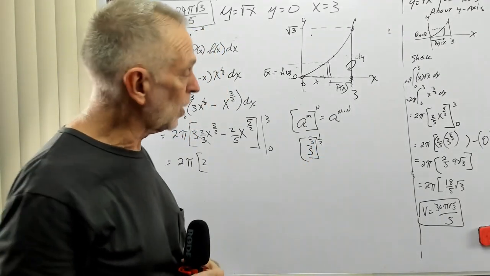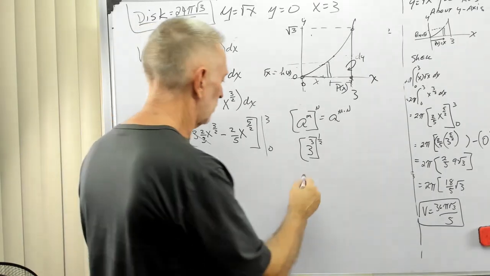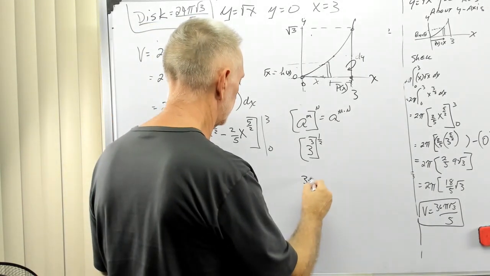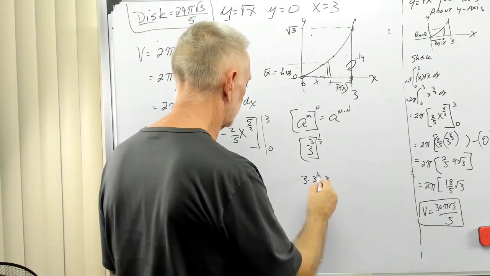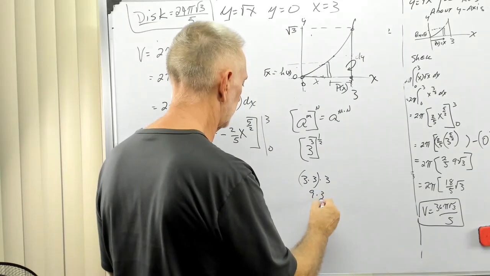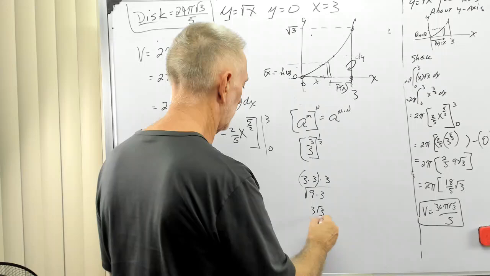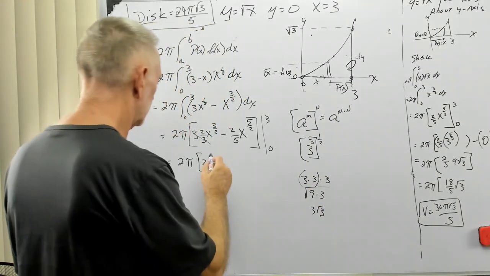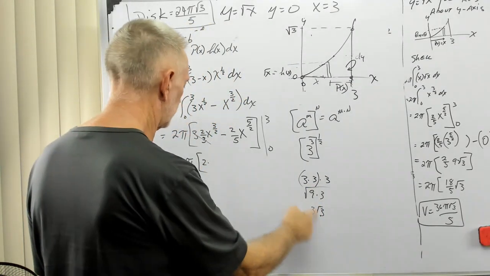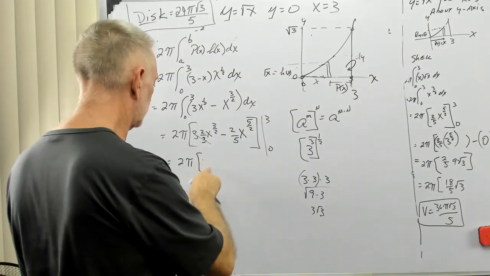So I'm taking the square root of that number. 3 times 3 is 9 times 3. I'm just going to keep this 9 times 3, and I'll take the square root of that. That's 3 square root 3. So this number is 3 square root 3 times 2 is 6 square root 3